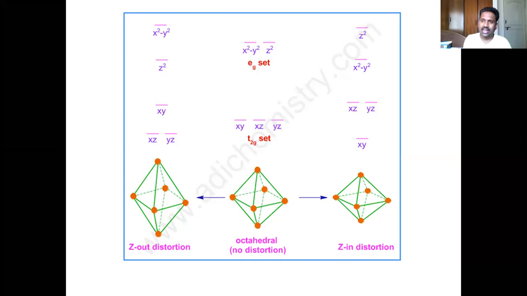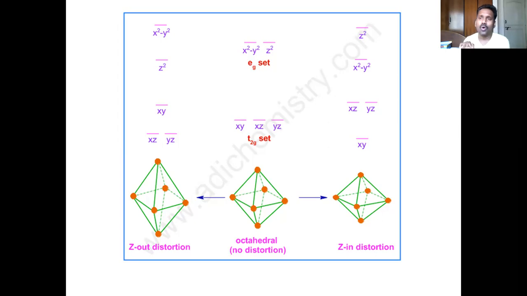Have you covered inorganic chemistry in your theory? Yes, sir. The coordination complexes, have you covered already? Yes, sir. Where, when? In your first semester or second semester now? Sir, in this semester only. In this semester. Okay, fine. Have you been taught this Jahn-Teller distortion yet or not? Yes, sir. Okay, fine. So my job becomes a bit easier because you already know Jahn-Teller distortion.